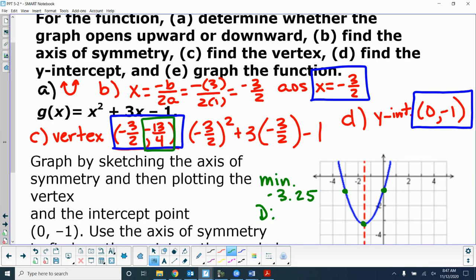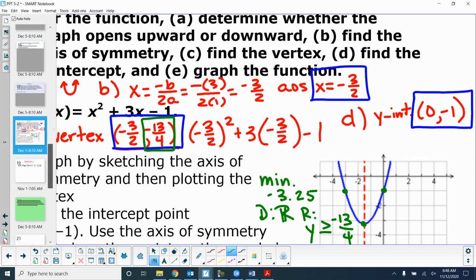Domain is always what for these? All real numbers. And then the range is y, since it's a minimum, greater than or equal to that minimum value. Okay? All right? So that's like adding number 2 into this one. Okay? All right. Let's go to here